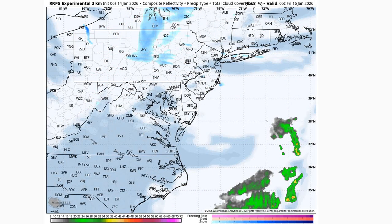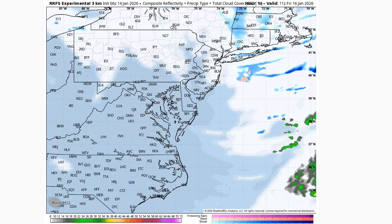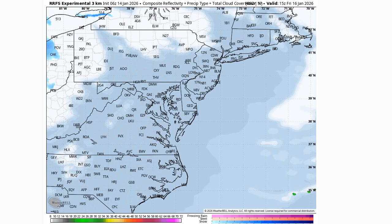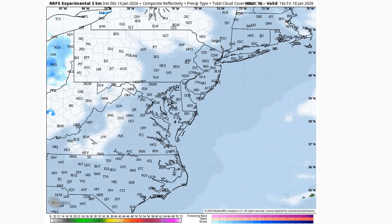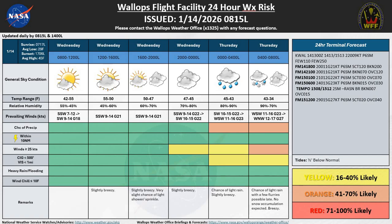of the evening, Thursday evening, but eventually we will start to see those clouds moving out of the area as we get into Friday, but still staying fairly cold for this time of year, with those high temperatures still staying in the 30s, but things do dry out and become mostly sunny as we move into the day on Friday. So looking at the 24-hour weather risk chart for today, we're starting off our working hours today with